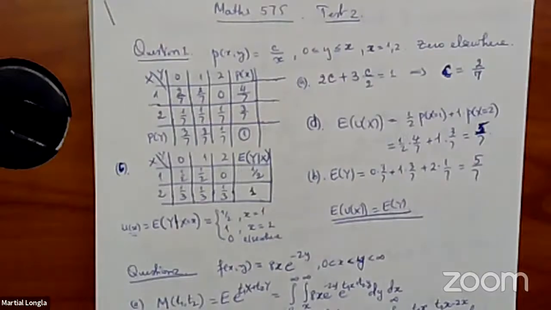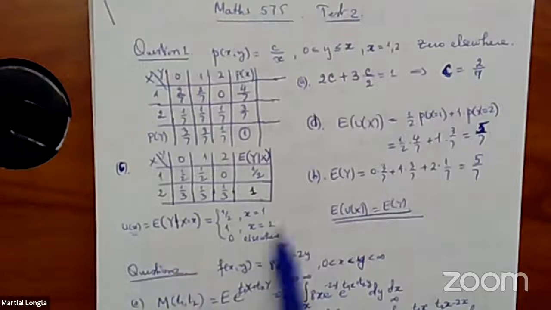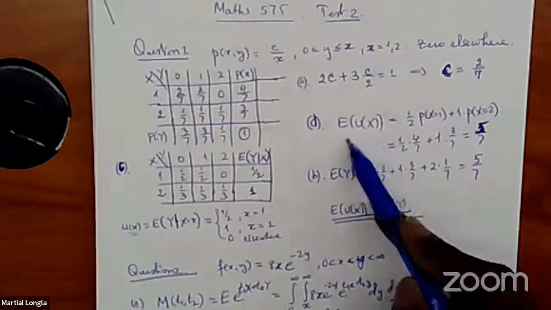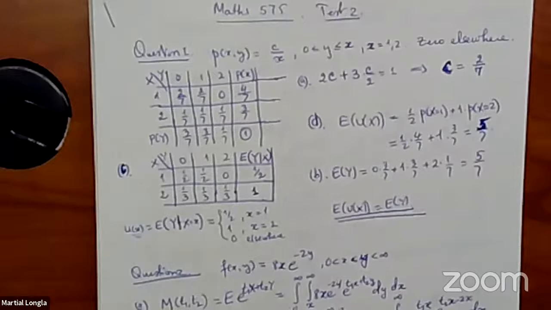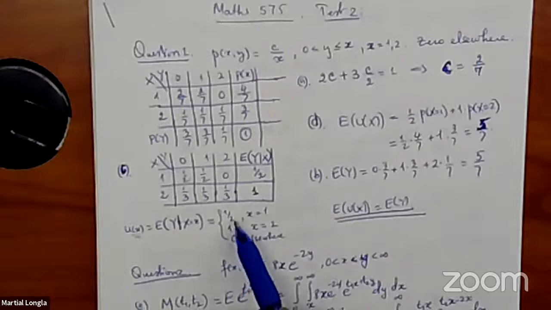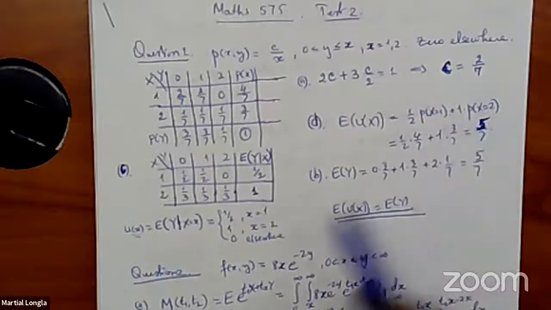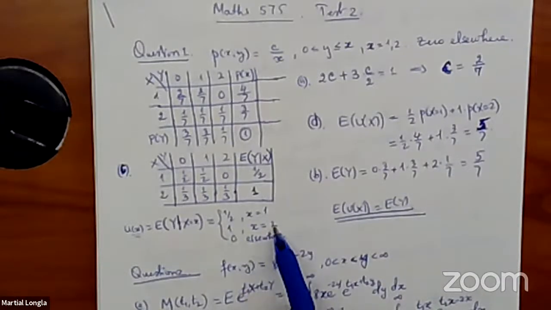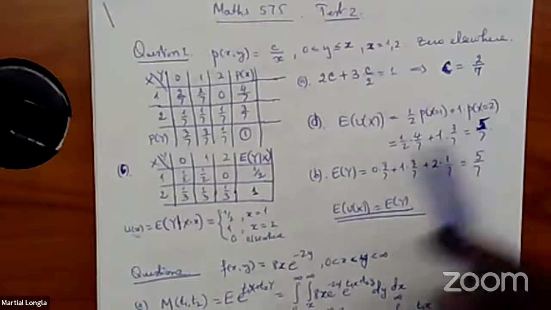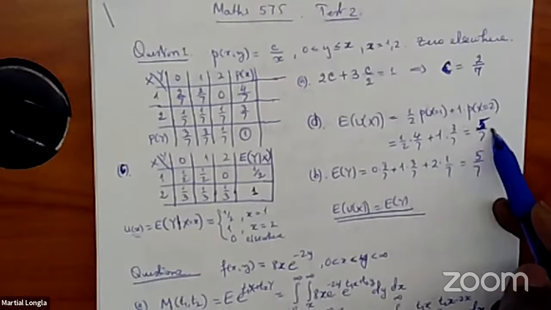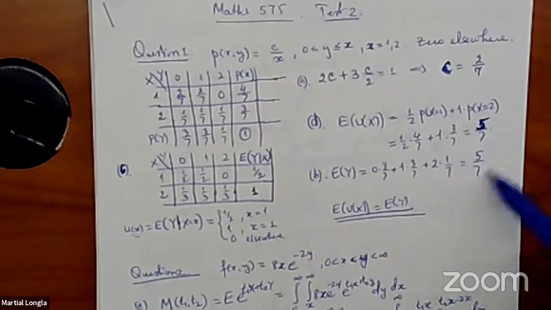All right, so next thing, given that we found this expected value given x, the next question was to use this to find the expected value of u of x. Given x equal 1, you have this expected value, and you multiply it by the probability that x is 1, plus the value given x equal 2 times the probability that x is equal to 2. You do that and you find that expected value is 5/7, and it is exactly equal to